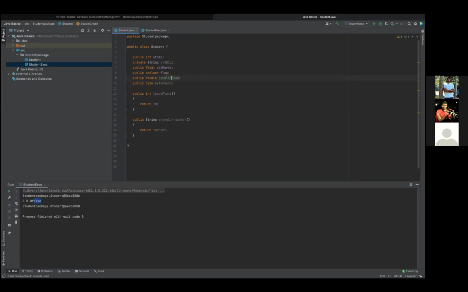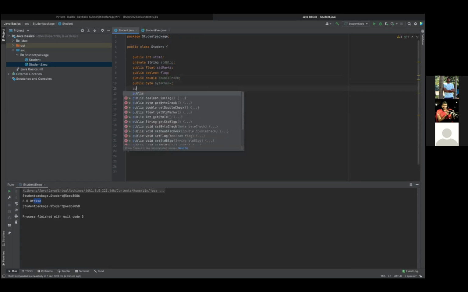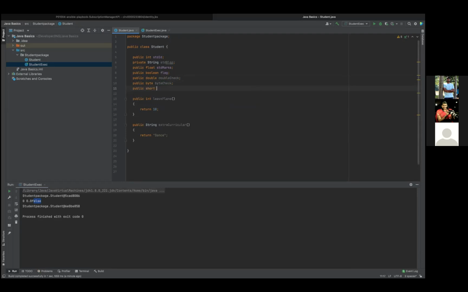Yeah. So create one more thing, public short. And can you make the blood group into public as of now? So we'll create private variables again sometime. Just we'll check the default values of each data type now. Can you just make it private to public?